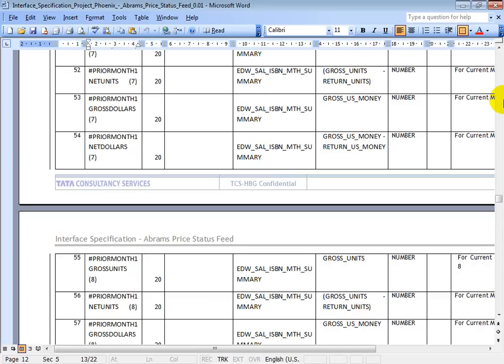Okay, you'll have the data mapping like this in this file. Currently we are in the 10th month, right? 10th physical month. If you run the data for this 10th physical month, then you will have the gross units and net units data in this, and the remaining data will be 0. If you run it again for the 11th month, that is next month, the data will be available under these columns, but all the remaining columns will be 0.